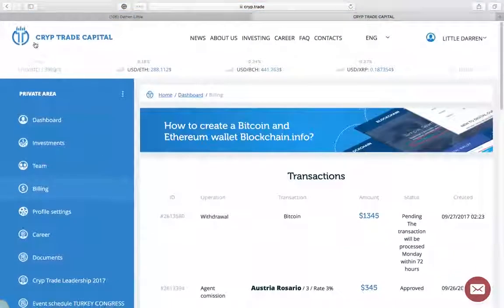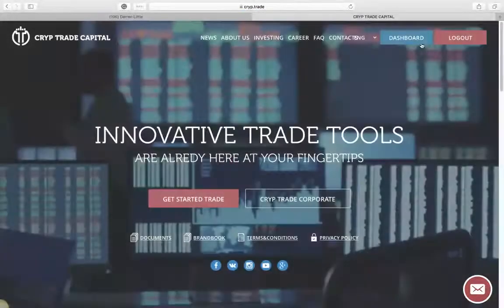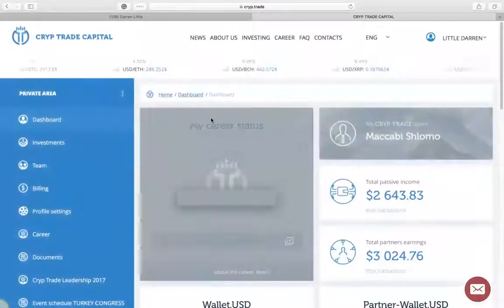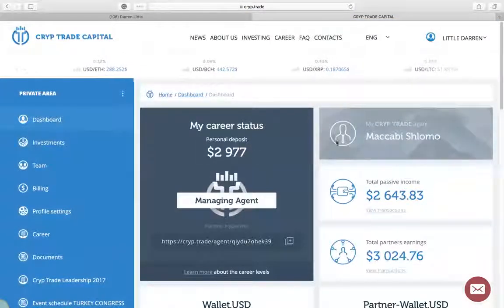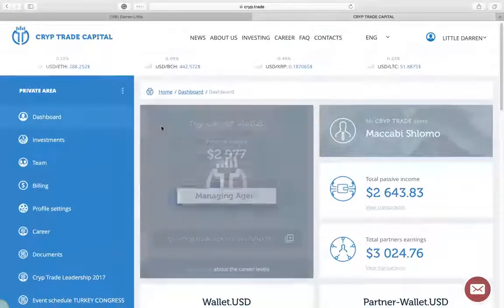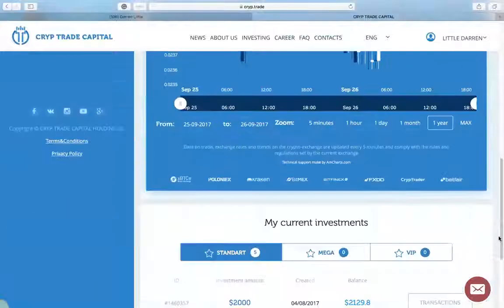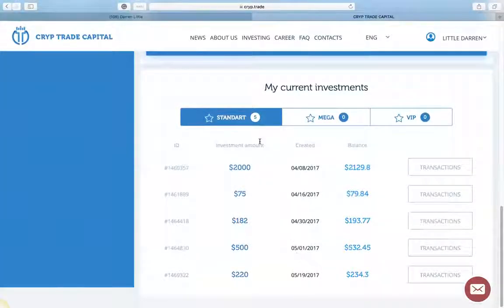Which is pretty cool. Now, when I started in this program, I think I started with like $500, guys, or $1,000. We'll check it out really quickly here to see. I've got a total of $2,977 in the program so far. And let me go to investments and I'll see what I put in the very beginning. Okay, so I started off with $2,000. My mistake. I started off with $2,000, and then as the money was coming back, I was reinvesting it